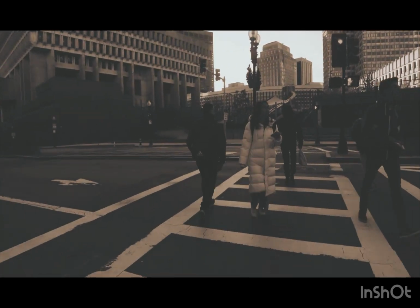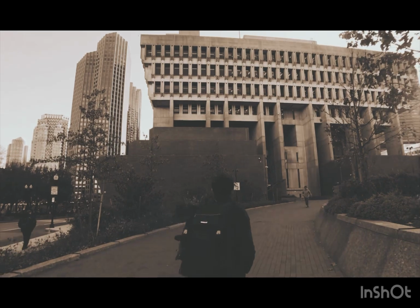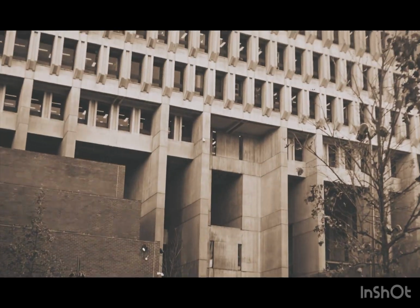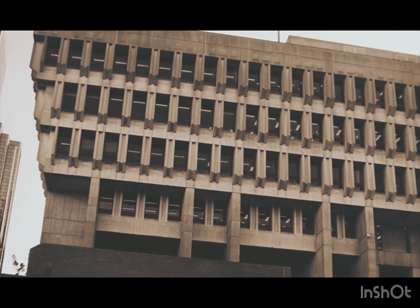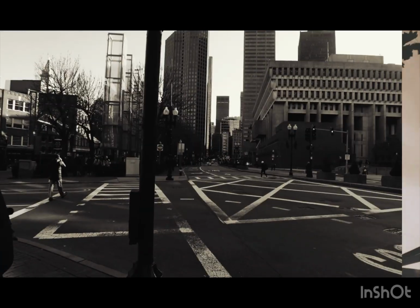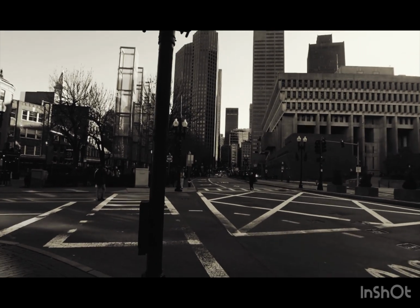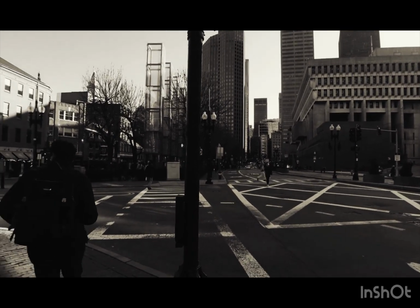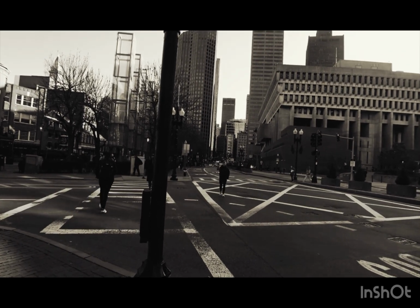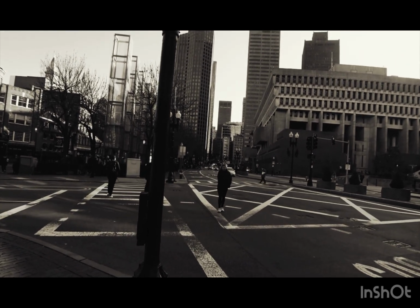This was a widespread movement during the 20th century, not only in Boston, but nationwide, which aimed to revitalize and modernize urban cores by replacing outdated structures with new functional infrastructures. When looking at the architectural style of this building, we see that the architectural style of the Boston City Hall is classified as brutalism. Brutalist buildings are characterized by the use of raw concrete, such as in this building, how